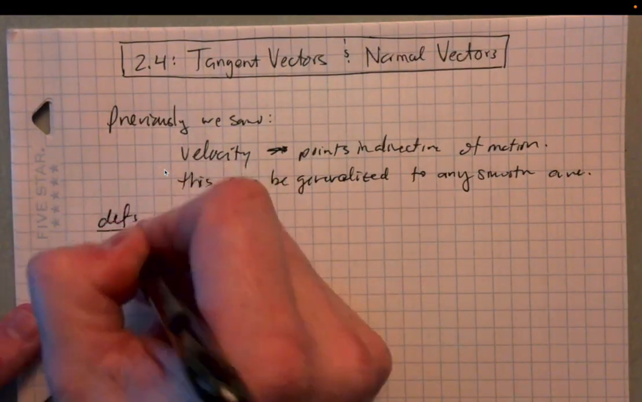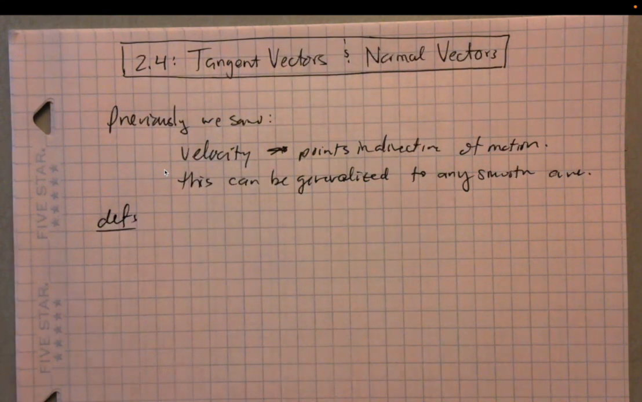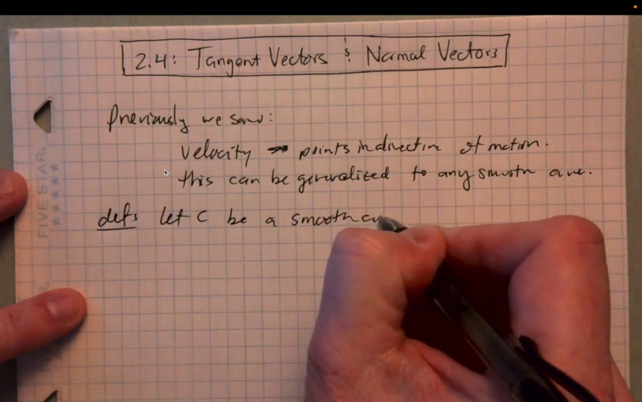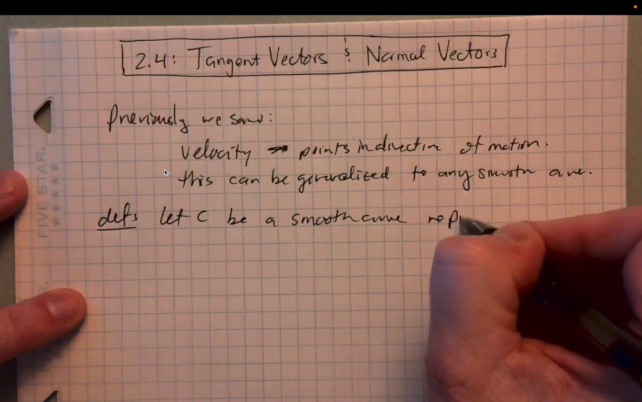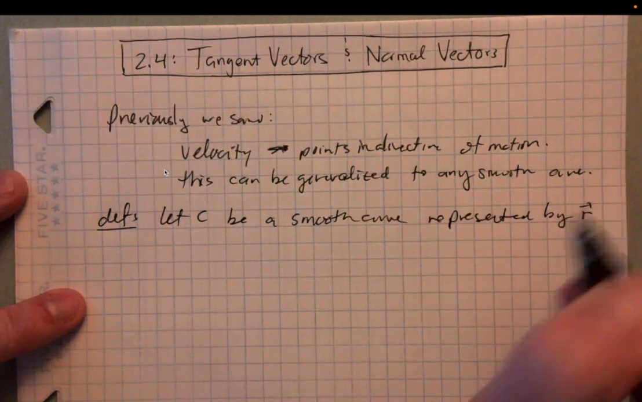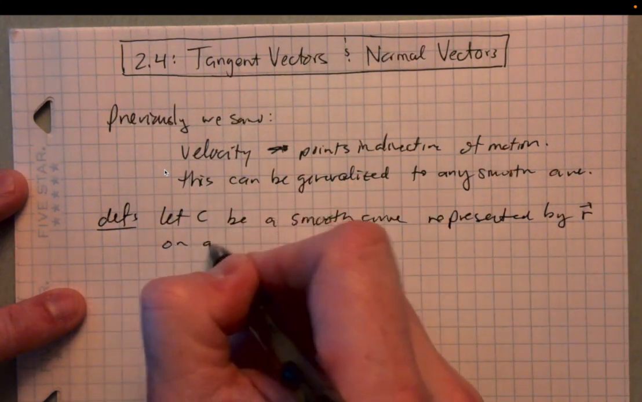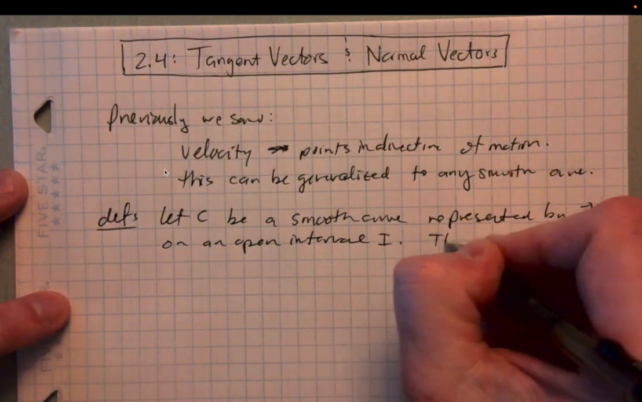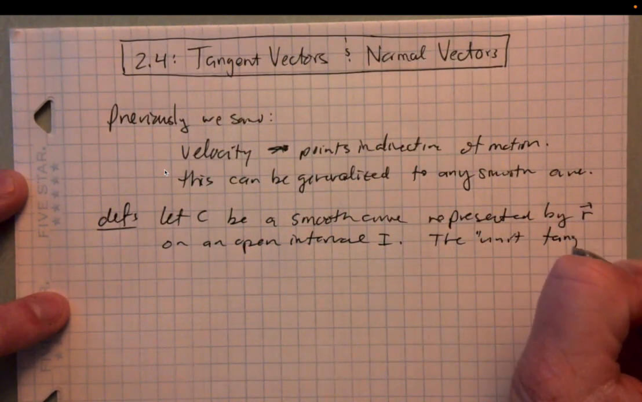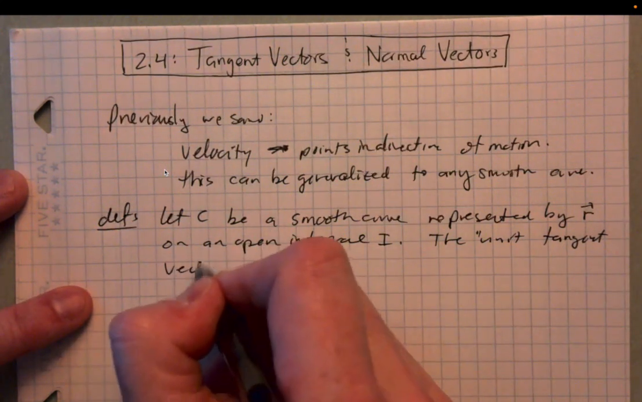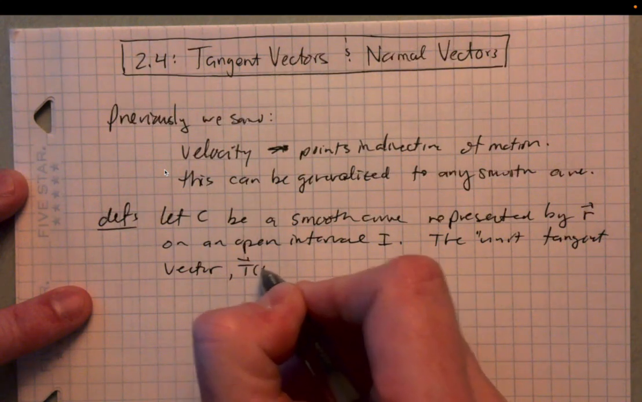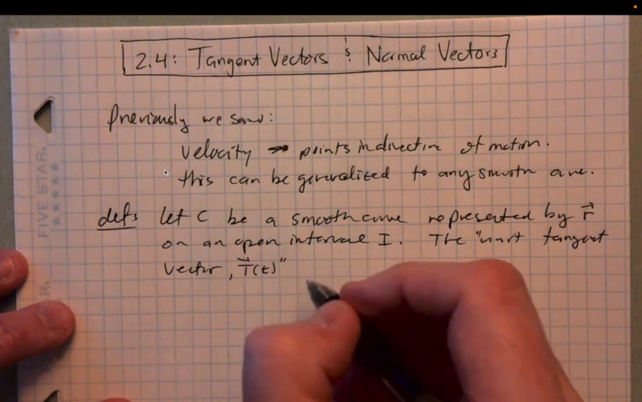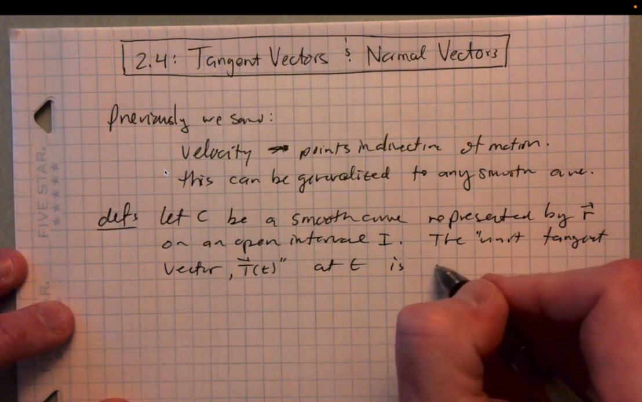We'll start with this definition. Let C be a smooth curve represented by R on an open interval I. The unit tangent vector, usually denoted by T, standing for tangent, at t is defined to be